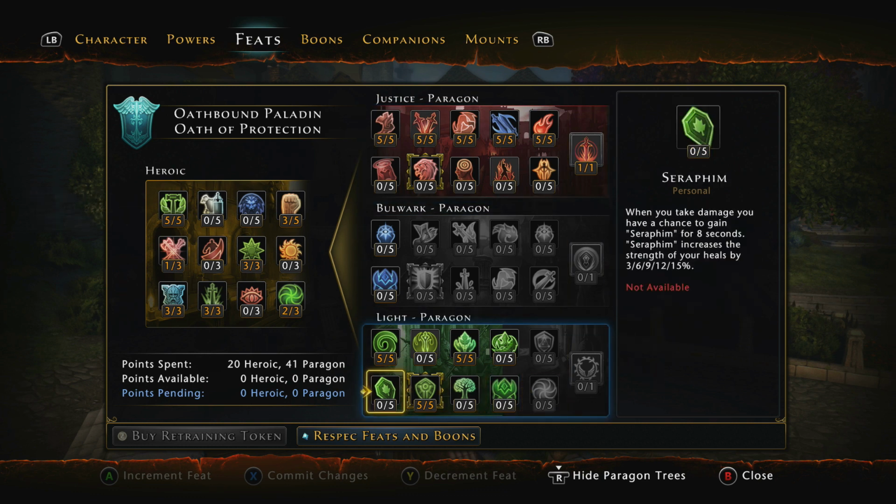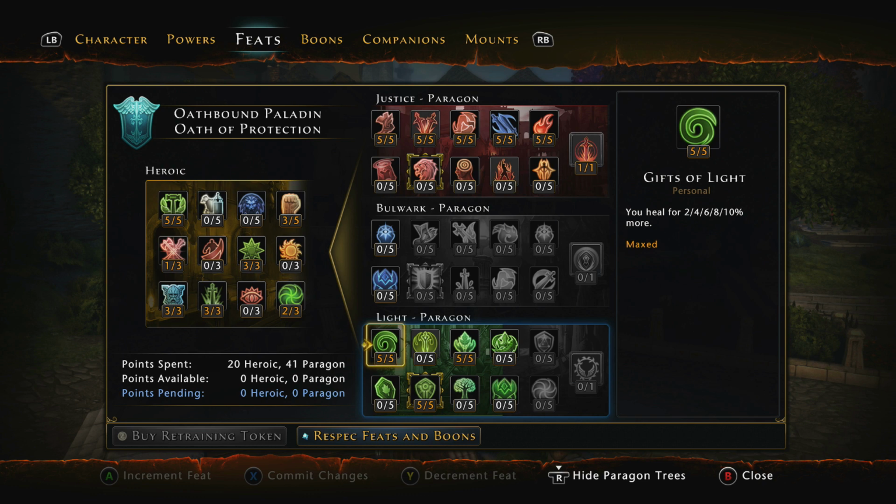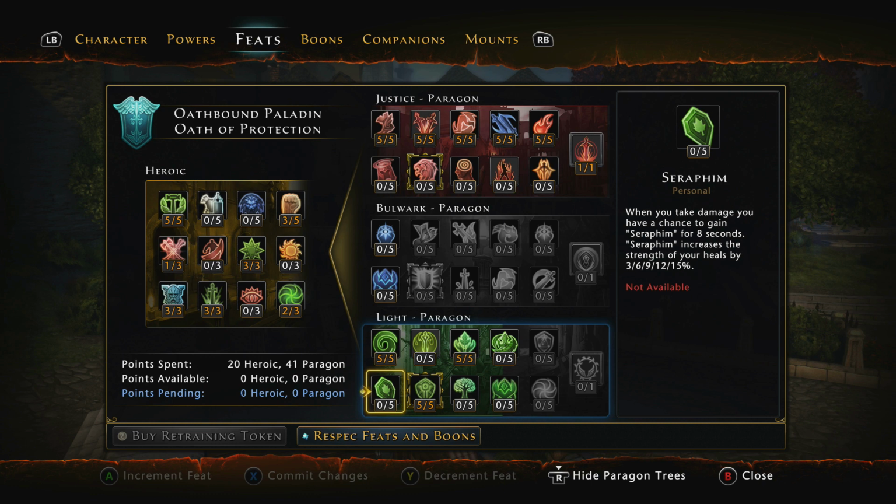So the final part is the Light Path. You heal for 10% more. You want that because sometimes you do drop if you go into battle first and you just do your Templar's Wrath too late. Enemies can hit you and you want your health back as quick as possible, else you are going to die, and you just want that because when you take damage, this is the other part, it increases the strength of your heals. We don't do any healing at all. It's a pointless thing to have. You might as well just have that extra healing in case. And then